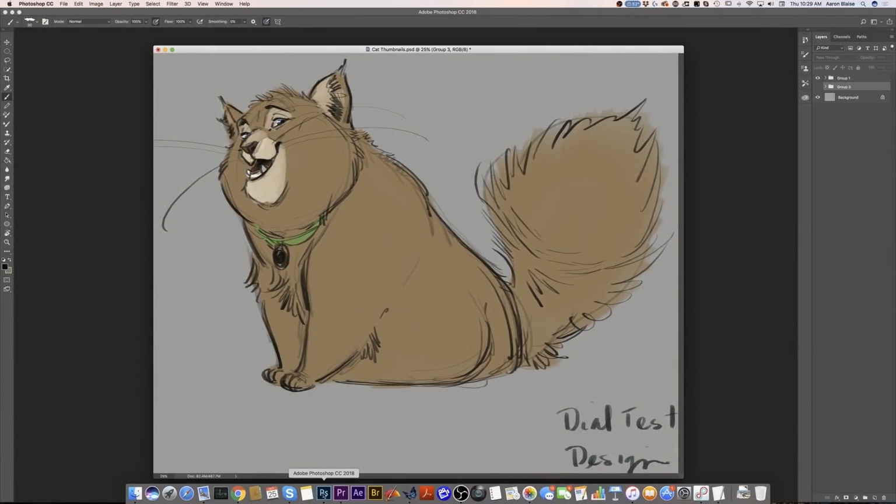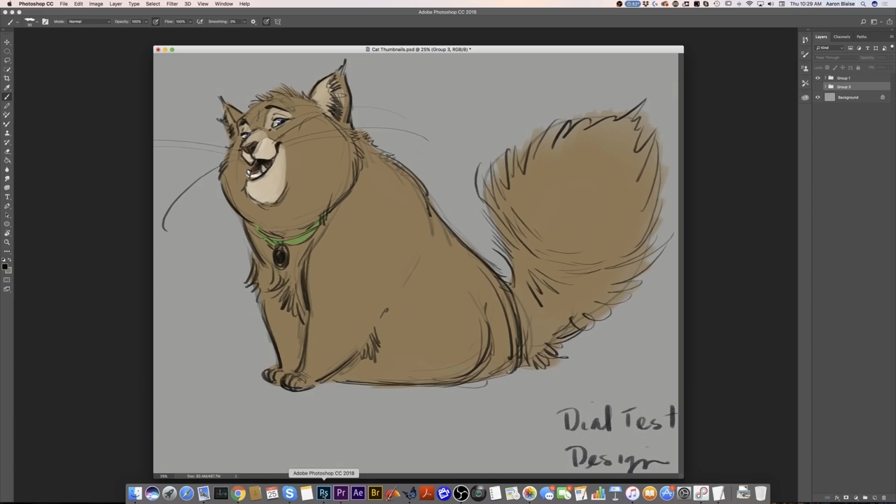I designed this character, and I just did a quick drawing. But once I had that design, then I went back and started listening to that dialogue, breaking it down, and picturing how that character might act it out. So I want to jump over to Photoshop here and just show you this character. And there we go. There he is.